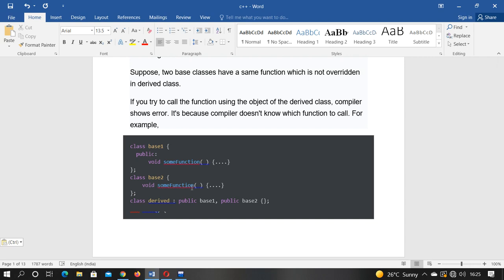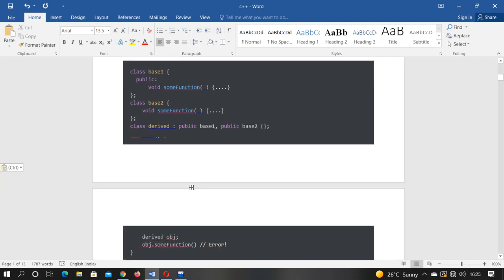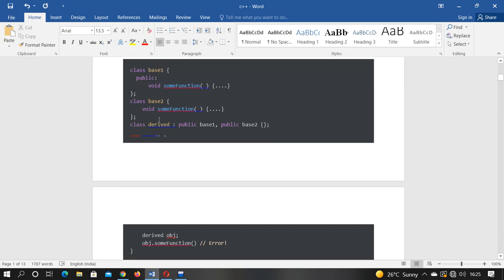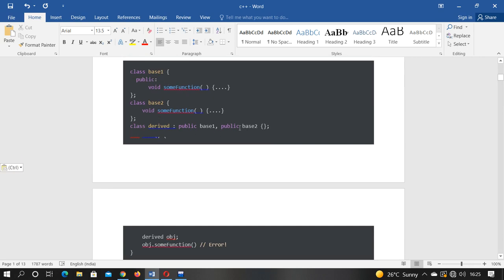We have to resolve that ambiguity. Suppose this is the derived class which we have created, and it publicly inherits the base 1 class and base 2 class. Now in the main, when we create the object and call the sum function, it will produce an error. Why is it an error? Because two functions have the same name, one in base 1 class and another in base 2 class. So to resolve this ambiguity we can use the scope resolution operator.